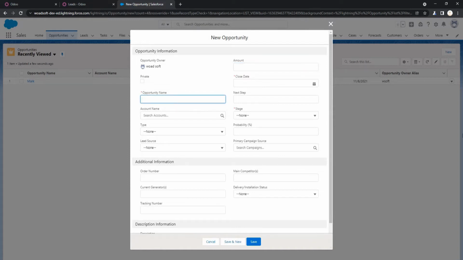Okay, so I just add some dummy information for demonstration purposes.